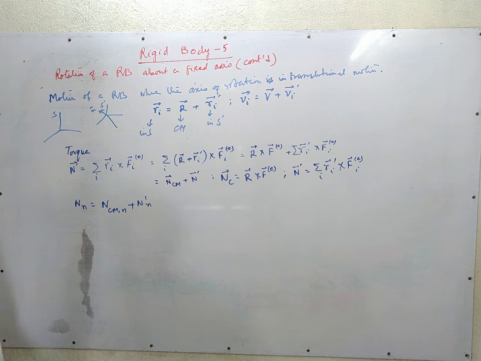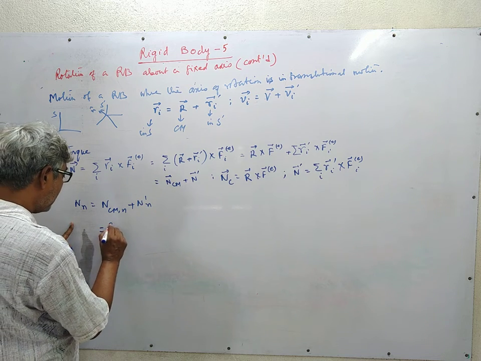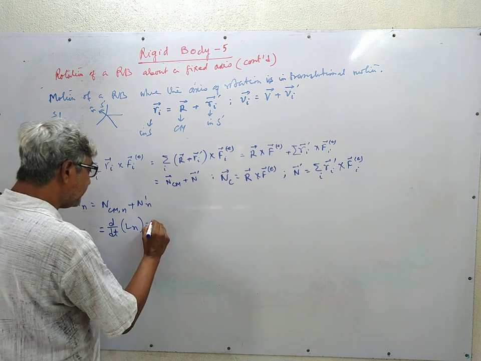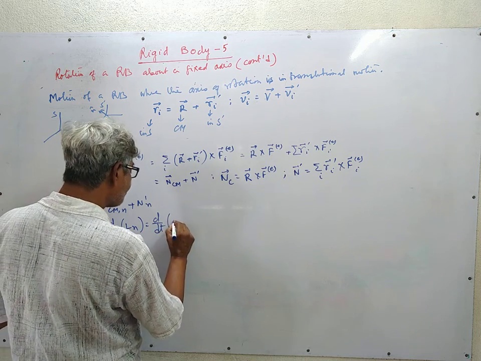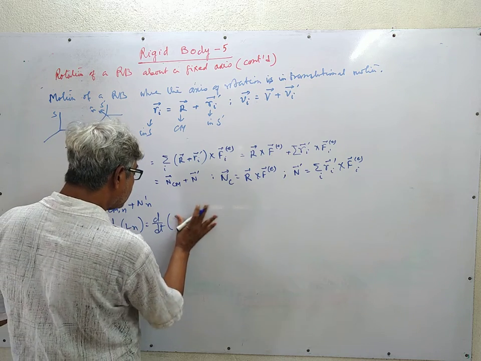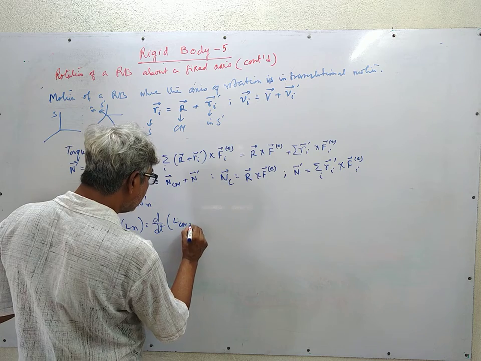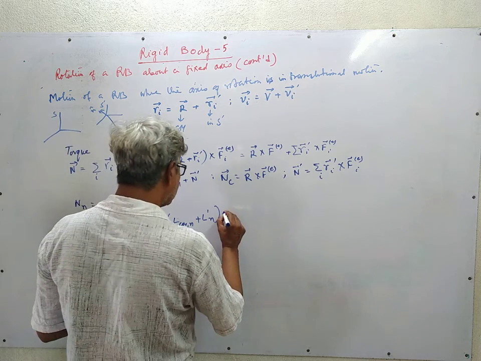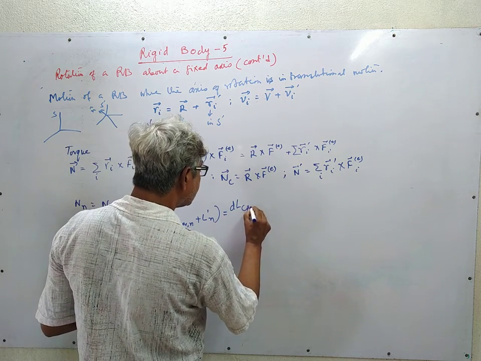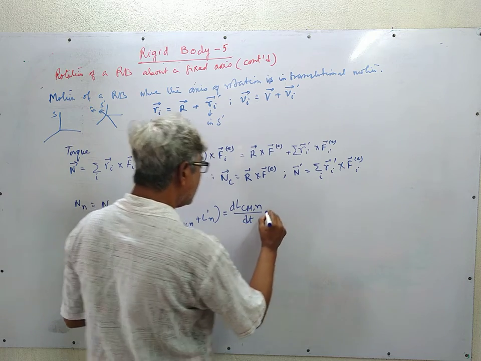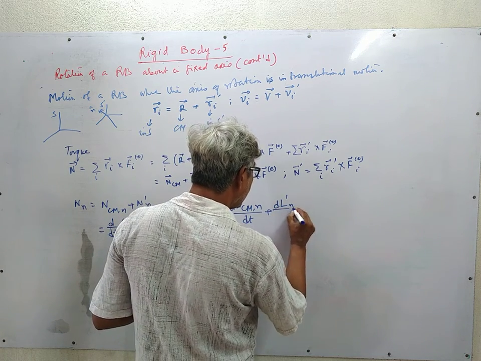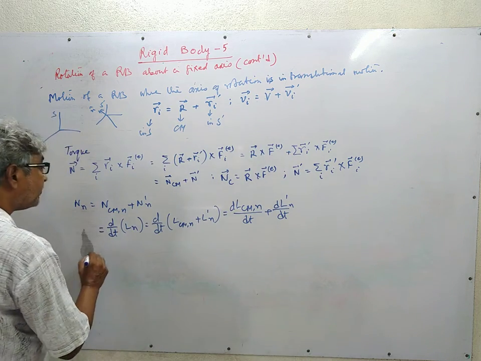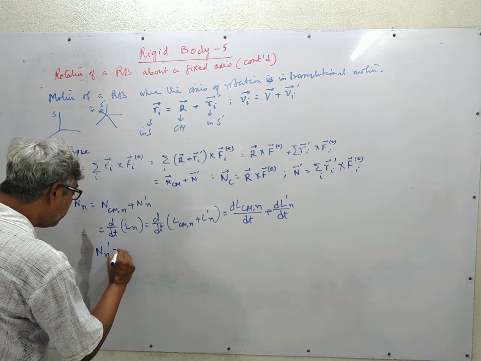Now we know another relation: that this N is equal to d/dt of L_n, which can be written as d/dt of L_CM,n plus L'_n. So if we write this, we get d L_CM,n/dt plus d L'_n/dt. This obviously is this part, and so we find that N'_n is equal to,